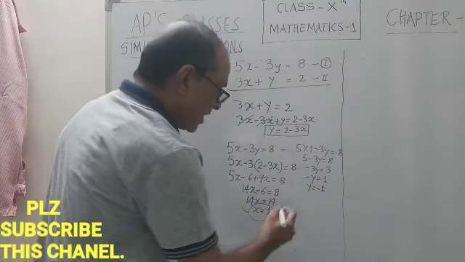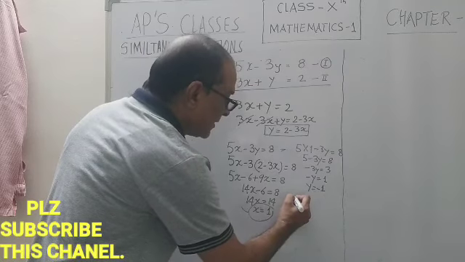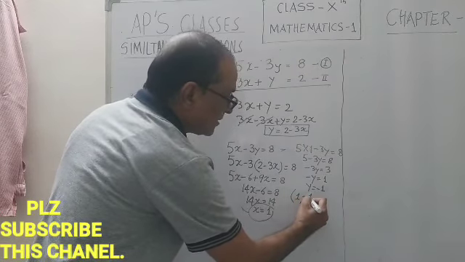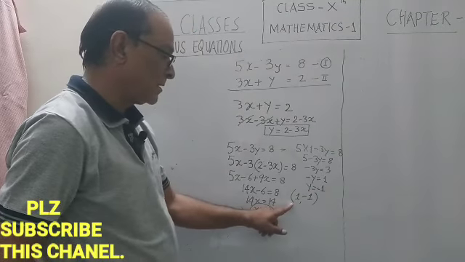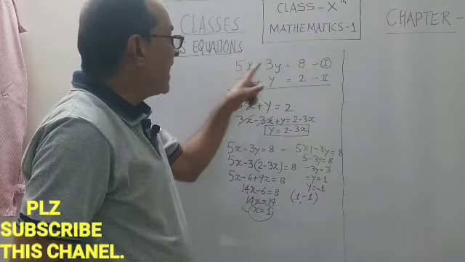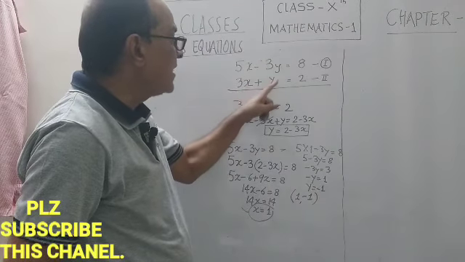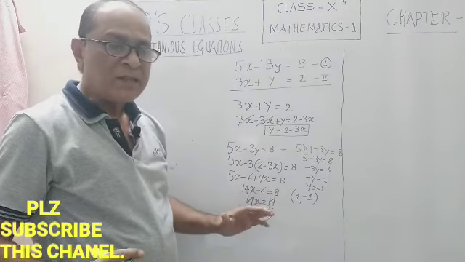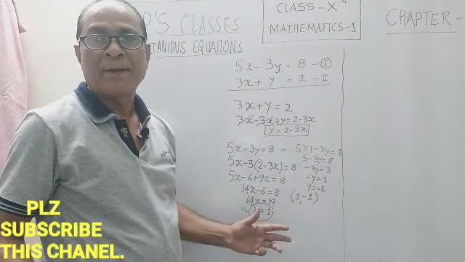Answer is the same. How can we write this answer? First coordinate x, so 1, and second coordinate minus 1. This is the answer. You must be recollecting, in the previous example, by eliminating one variable, we got the same answer. The procedure is different. This is just to develop your idea.